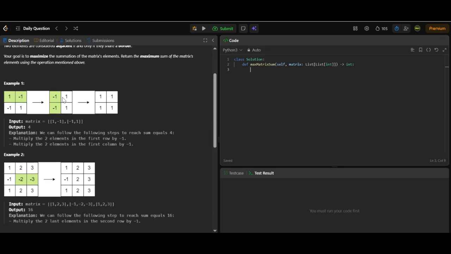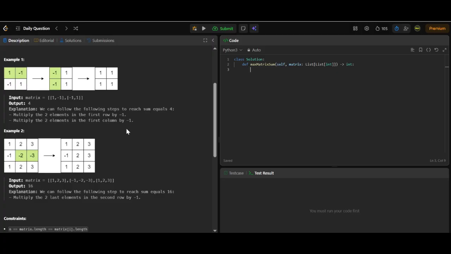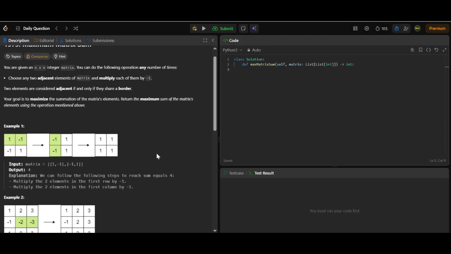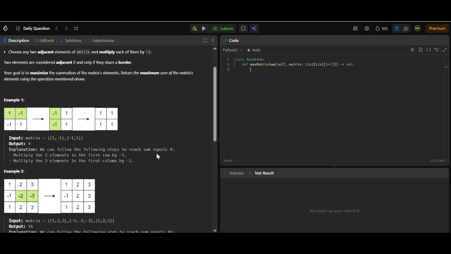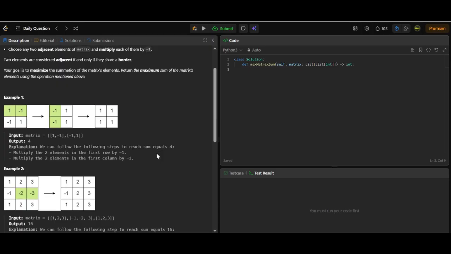So here in the example we have two negative values and all ones. First you can take these two, and this -1 becomes positive and this other one becomes negative. Then this positive one becomes -1, and you can take these two in this step and make all of them positive. So as long as you can take any two horizontal and vertical cells, you can travel through the matrix anywhere you want. So what I'm thinking is